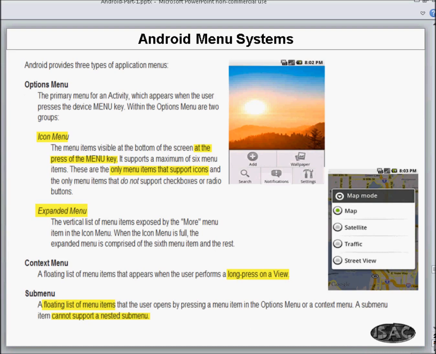Before we start with the Android menu system, let us understand a little bit about the different types of menu in Android. One of them is called the options menu. The second is called the context menu, and the third is called the sub menu. Now, what is so special about the options menu? Options menus are the menus which you see at the bottom of the screen at the press of the menu key. So when you press the menu key,